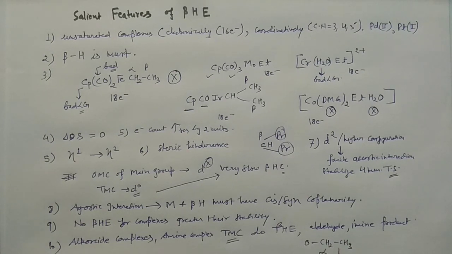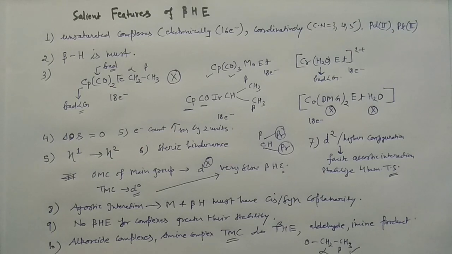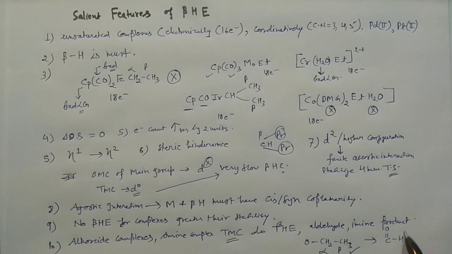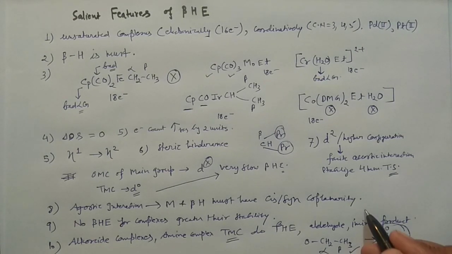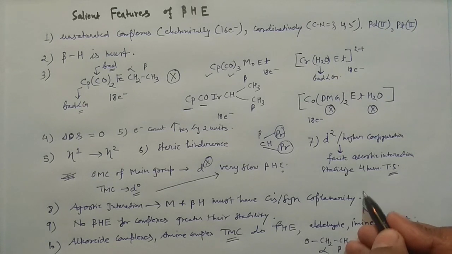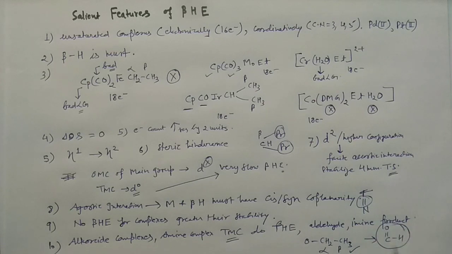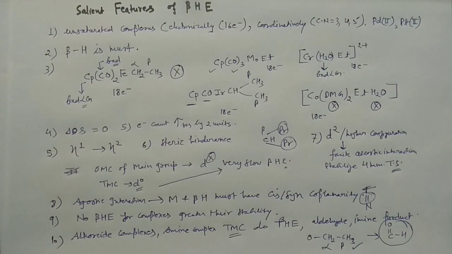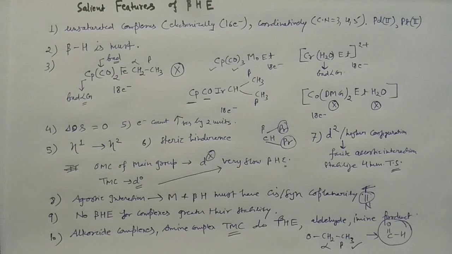So this is where alpha, this is where beta, this will remove the hydrogen, okay? And obviously you will have carbon double bond oxygen then. So aldehyde would form. Similarly, if you have amine, then nitrogen double bond and other groups would be present. So imine and aldehyde would form if you are having this type of complexes. So these are the few important things which you have to keep in mind while deciding your beta hydrogen elimination reaction.